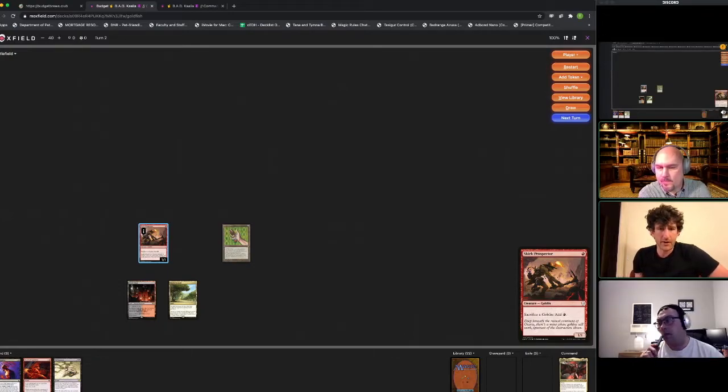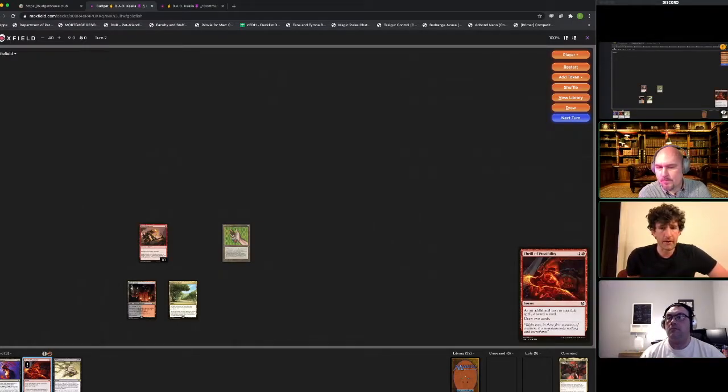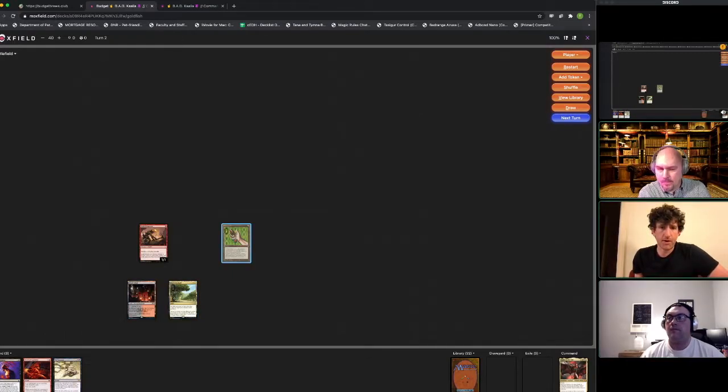We could cycle the Thrill of Possibility trying to find a land, but we're at 4 mana, turn 3. We just need to hit a land off the top. Right, but what card are we going to discard? We have Ad Nauseam and a tutor. I don't know if we would. What I might do is just Shred Memory, sacking the...